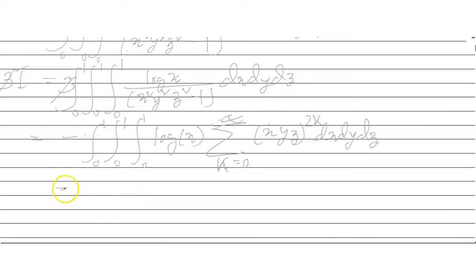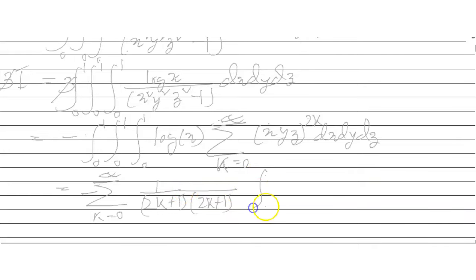And this equals summation k equals to 0 to infinity of minus 1 by (2k plus 1) into (2k plus 1)